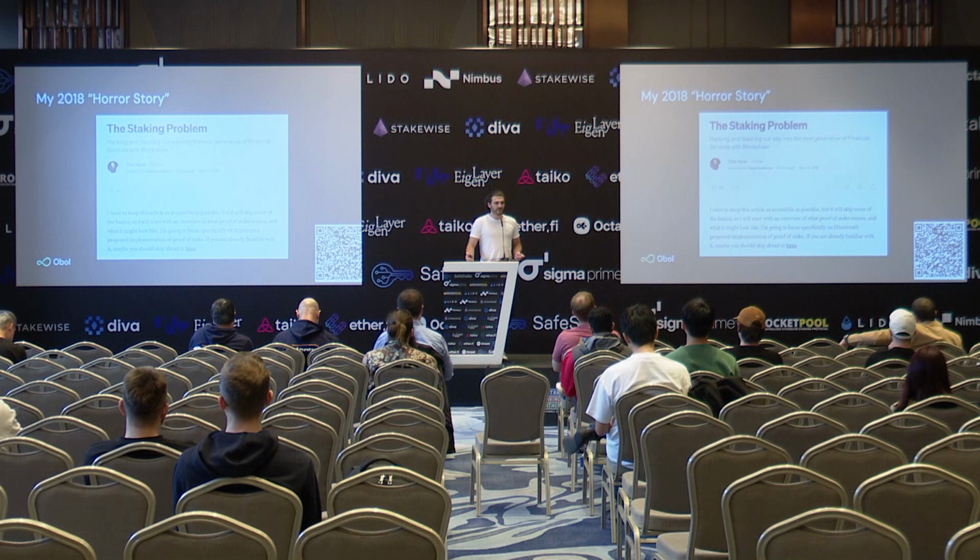So briefly, I wanted to talk about where I got into staking, and it was actually 5 years ago yesterday when I wrote this article. At the time, I had come to grips with the proof of work energy usage, and I was like, okay, this isn't really going to work. What is the alternative people are focusing on? I was introduced to the idea of proof of stake, and I was like, cool, let me have a read of it, see what it's about. At the time, it was 2,048 Ether minimum, which was about, I don't know, $500,000 at the time. And slashing was kind of ill-defined, but implicitly it could have been that all of your stake could be slashed.